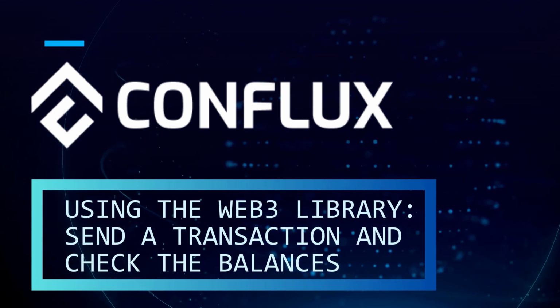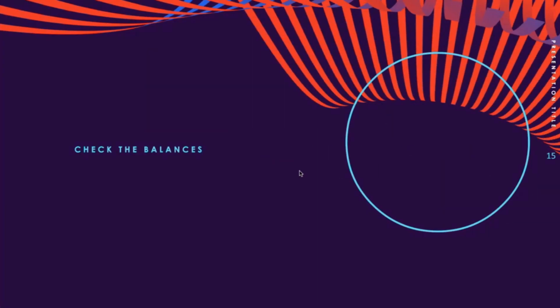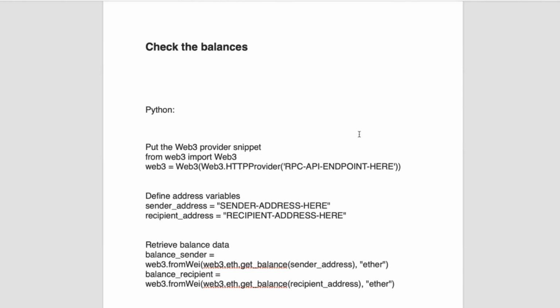So the next thing we want to talk about, now that we've established our HTTP connection, is to check balances. Let's say we have an ERC20 contract and we want to check the balances of addresses there. So how can we do that? To check balances,